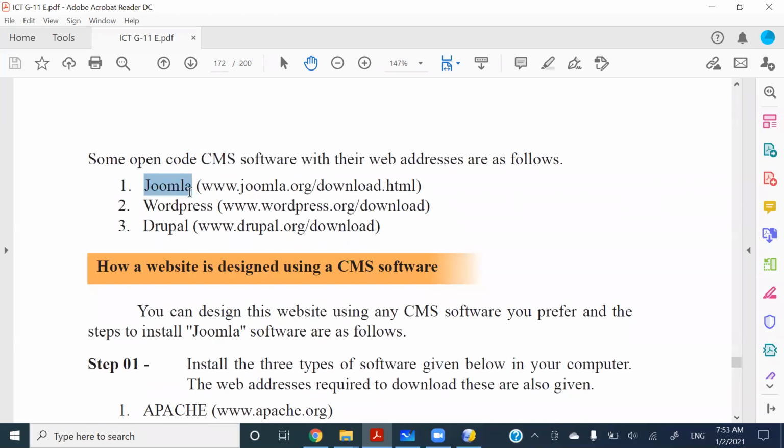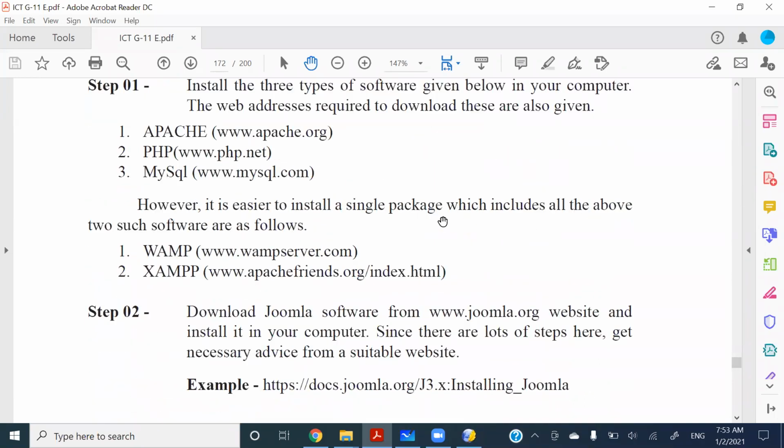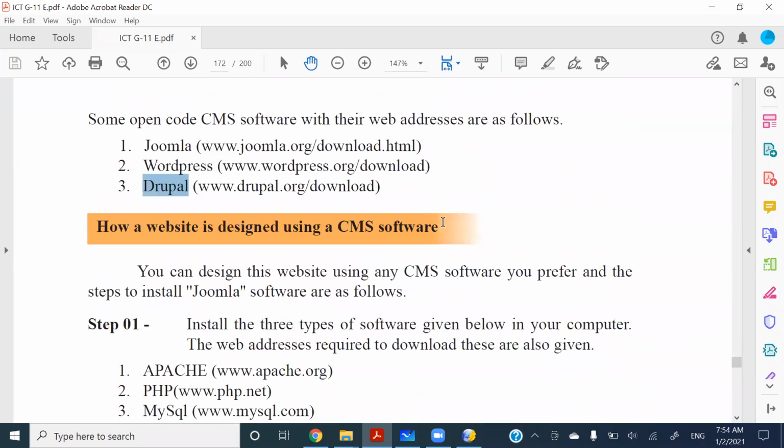Joomla, which is a very popular one, and WordPress and Drupal, right? These are very popular website platforms, and there are many more. I have designed my website using Joomla, right? So I'll show you how things happen, and even you can have this experience. It's a little complex scenario when you are trying to install Joomla on your computer,